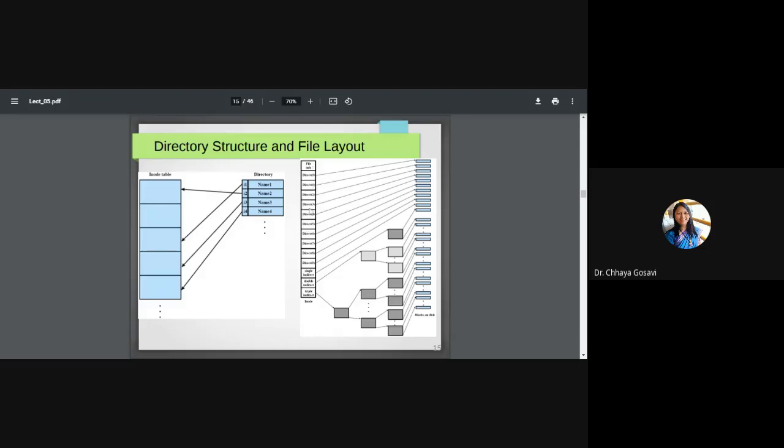So this inode holds the location of every block of a file where the file is actually stored on a disk. It can access the disk directly or indirectly with single, double, or triple access. And to point to this inode, we maintain an inode table. So the inode table points to the inode, and the inode points to the data on the disk.